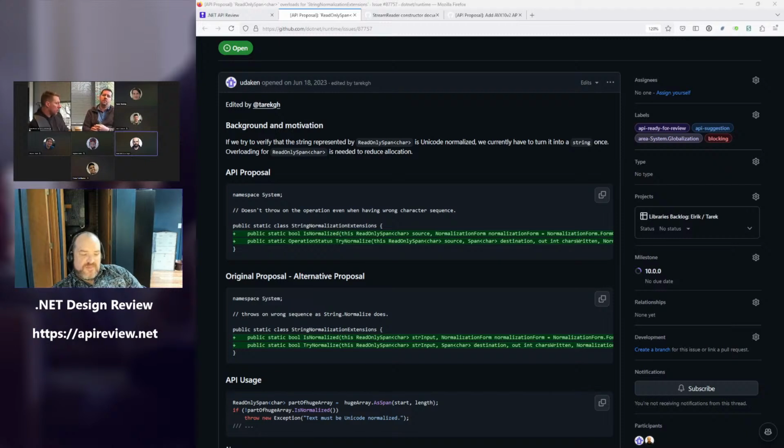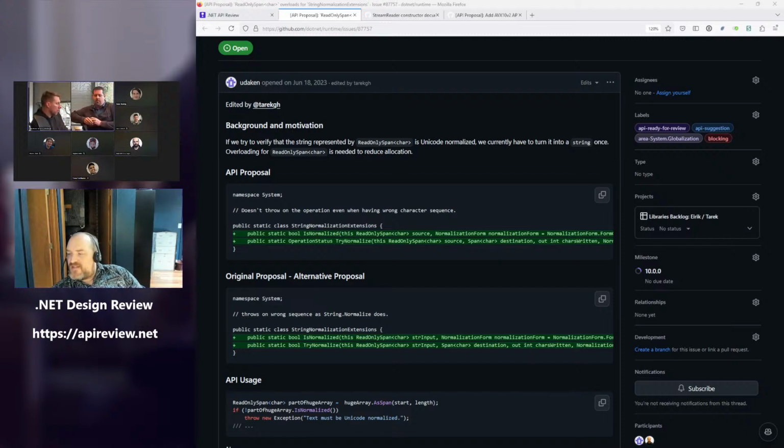But the problem here is you are going to process the input twice at that time, and if the try returns false, you're going to process it 3 times. Yes, but this is not the common case. If you paid for the common case that would be bad, but if you don't necessarily pay for it, right?